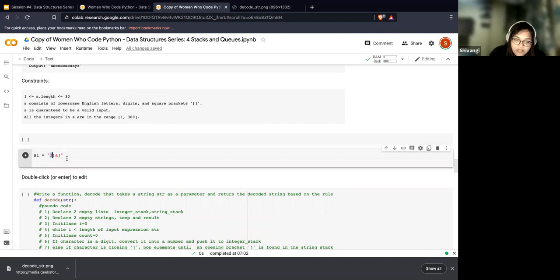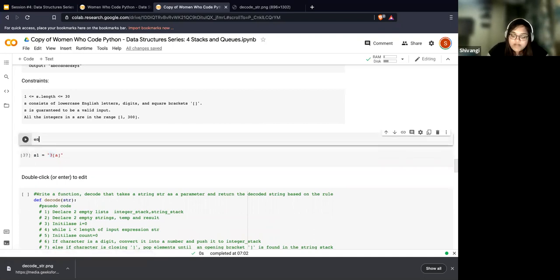K, I'll just put the encoding rule here. The encoding rule says K and a string is actually equal to the string being repeated K times.